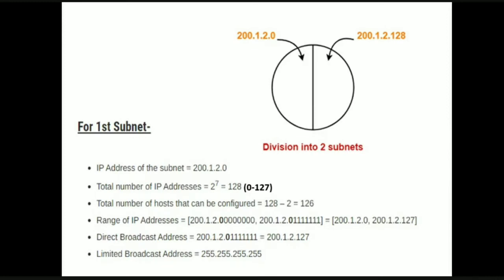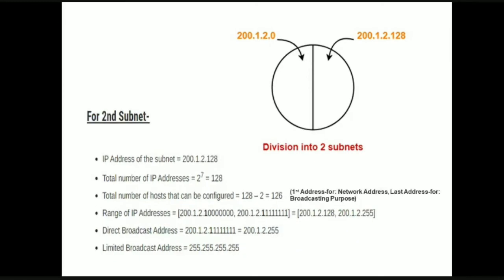Now coming to the limited broadcast address, what did we say? We put either all ones or all zeros. So we kept all ones here. That is 255.255.255.255. Okay. Is it clear to all of you about this first subnet? How we are assigning the IP addresses of the subnet? Why we got only 2 power 7? How we get only 126 configurations here? Is that clear, everyone? Yes, sir. Okay.